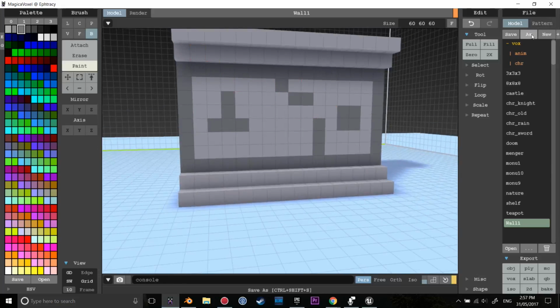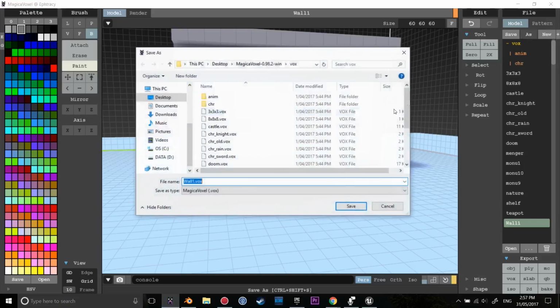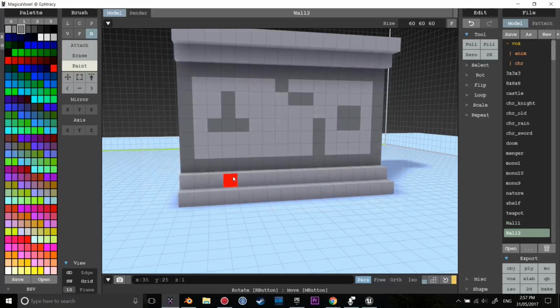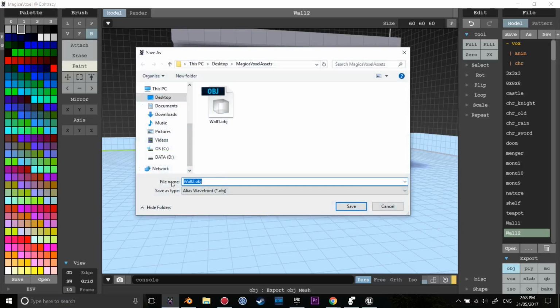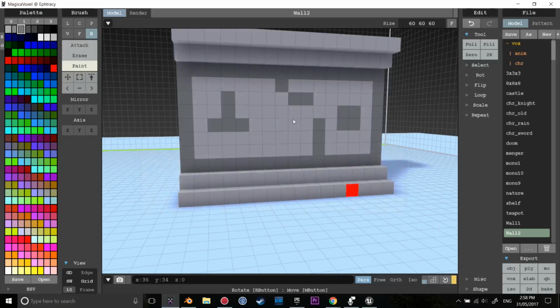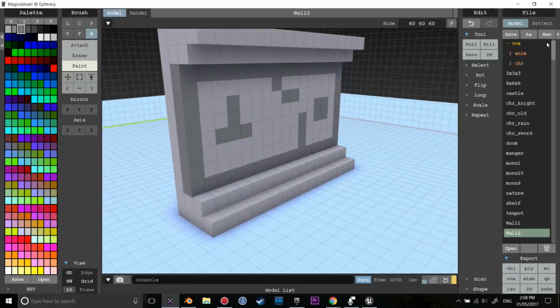We can then go, once again, instead of save, if you press save, it'll save over. Go to save as, and then what we can do is call this wall2. And now you have both walls, and you're basically really just duplicating it and painting a different style. Then you can go to OBJ, and it already says wall2, so hit save. Next thing we're going to do is hit new,